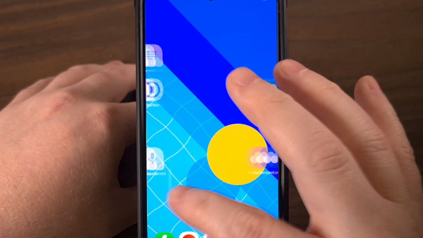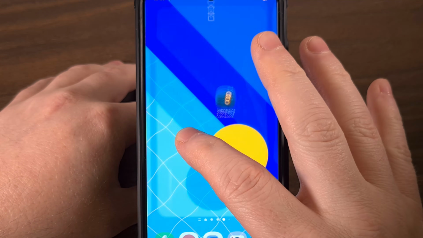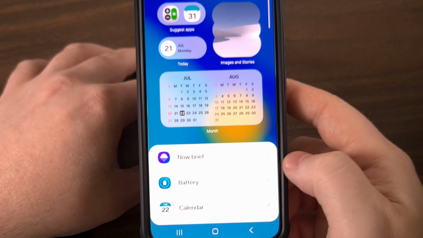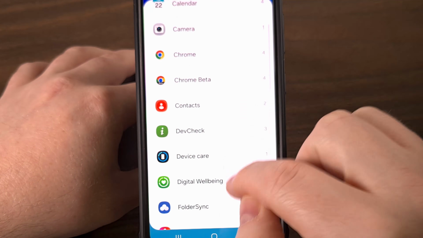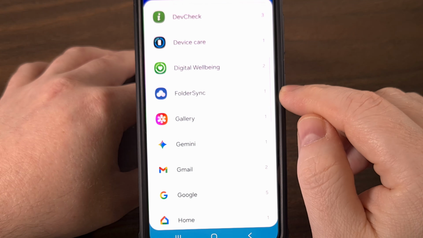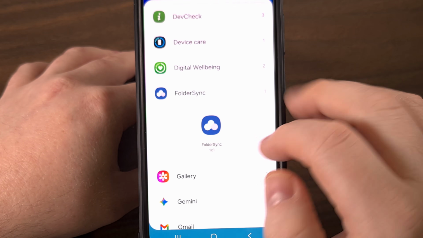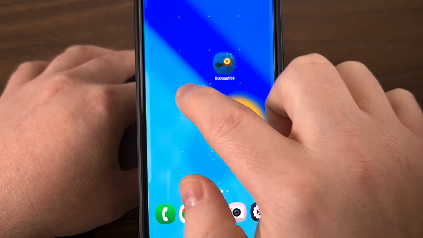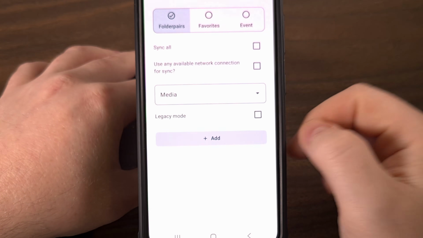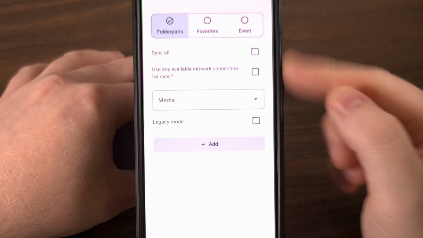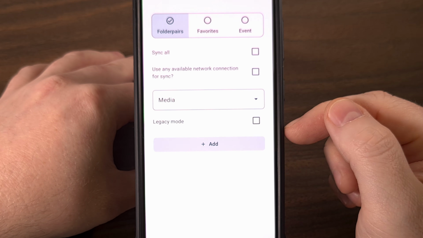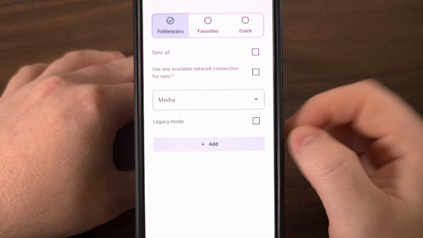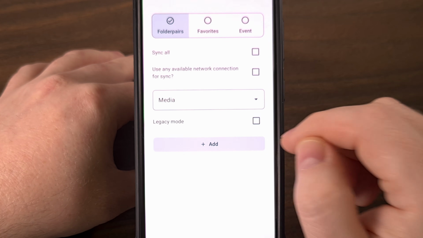So we go to our home screen, long press, select widgets, and then we find FolderSync from this list. We're going to drag this widget to the home screen, and when we let it go, it's going to ask us to actually set it up. And you don't have to mess with anything here, but you can double check to make sure that it is